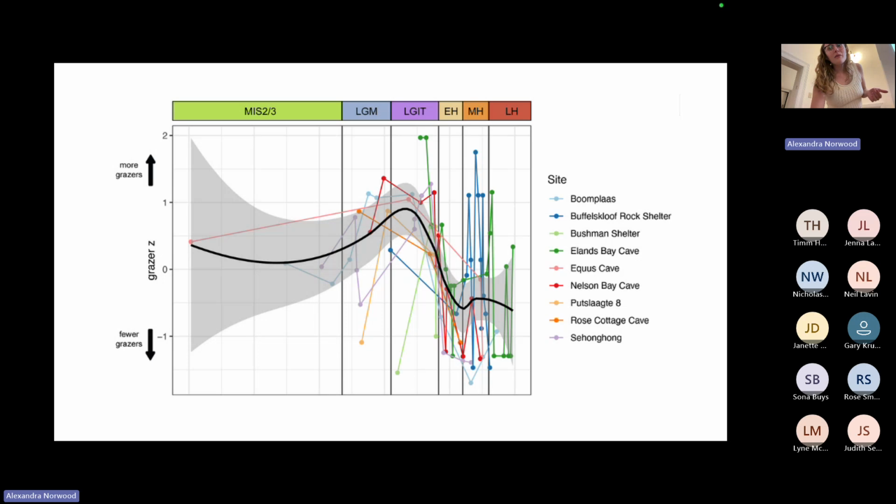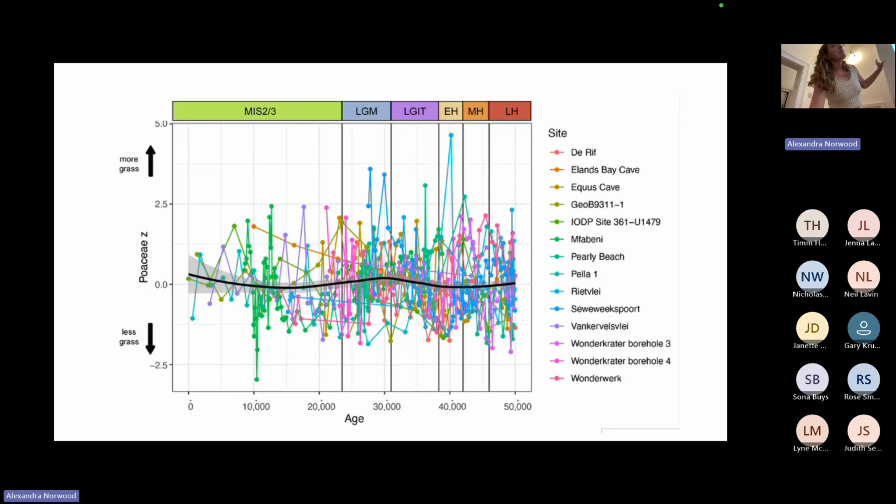But when we look at the pollen records, at the amount of grass pollen that's in those records, in the same way, we see something really different. The amount of grass at individual sites can be pretty variable, but through time, we're not seeing a decline in the amount of grass on the landscape, or at least the amount of grass pollen that is recorded at any given time, which is really interesting, and not what people have thought is going on for a long time.